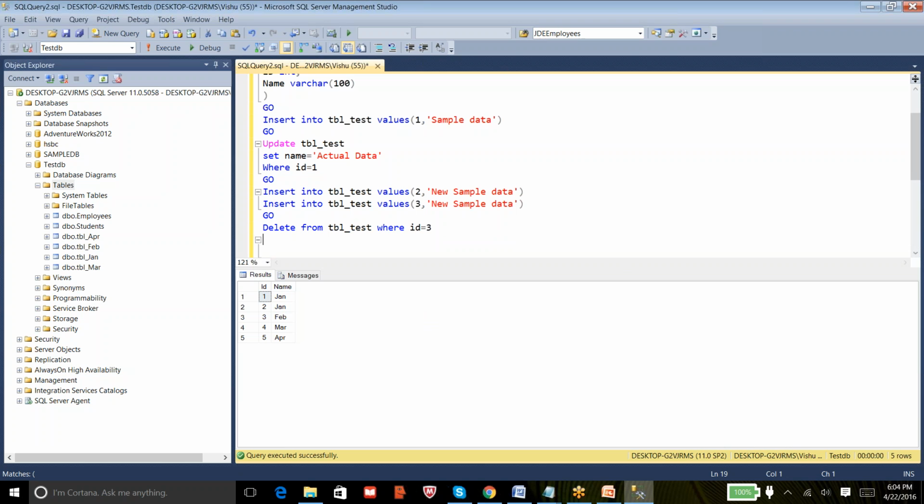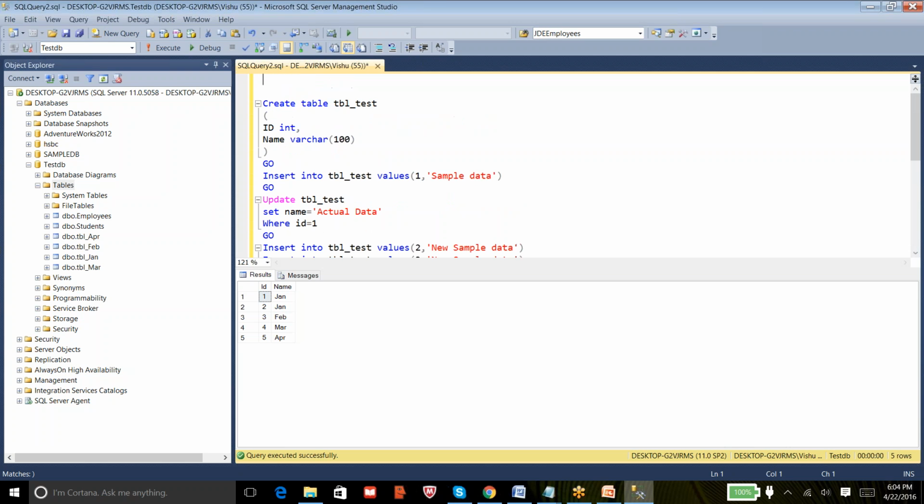So these are all the different types of statements. Maybe the user wants to execute these queries on alternate days, so it would be tough to write these queries all the time whenever you need them. Even though you are very familiar with the scripts, there is a chance you might miss some bits and pieces if you're doing it manually. So to avoid this rework every time you want to execute, you can just create a stored procedure.